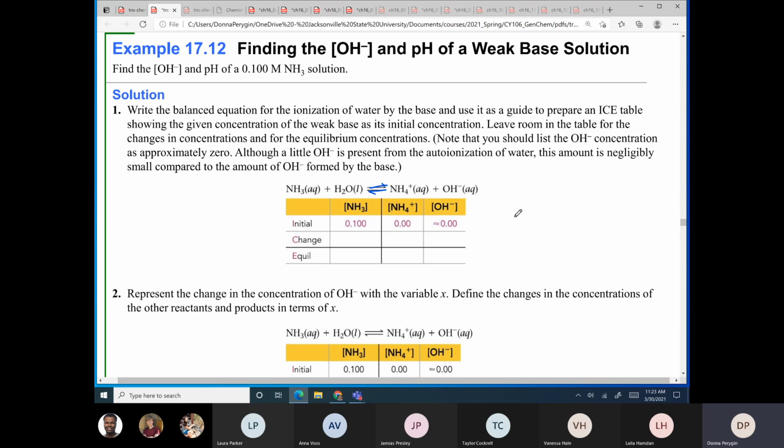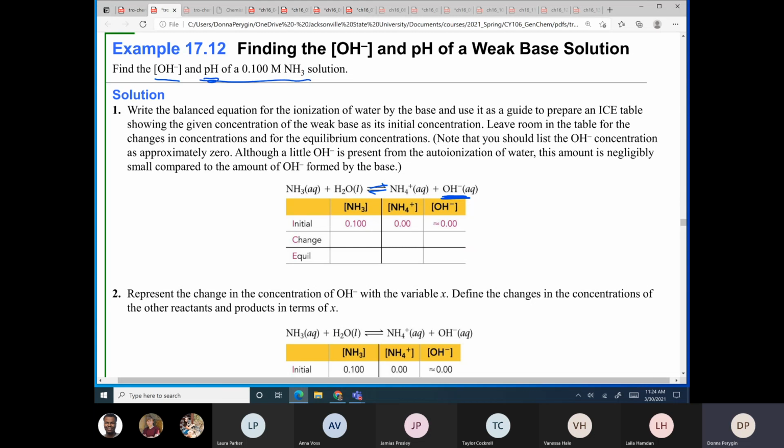So in order to find the pH, it asked us here to find the hydroxide ion concentration, which we can get from setting up our equilibrium problem. All right, so we're going to use an ICE table for that. And it asked us to find the pH,